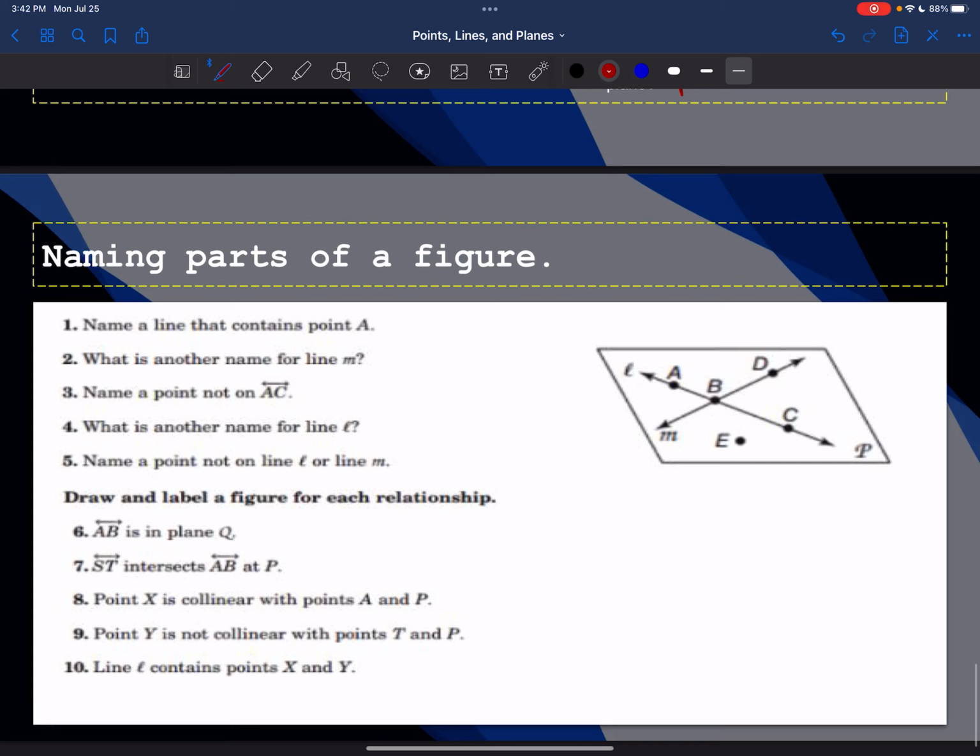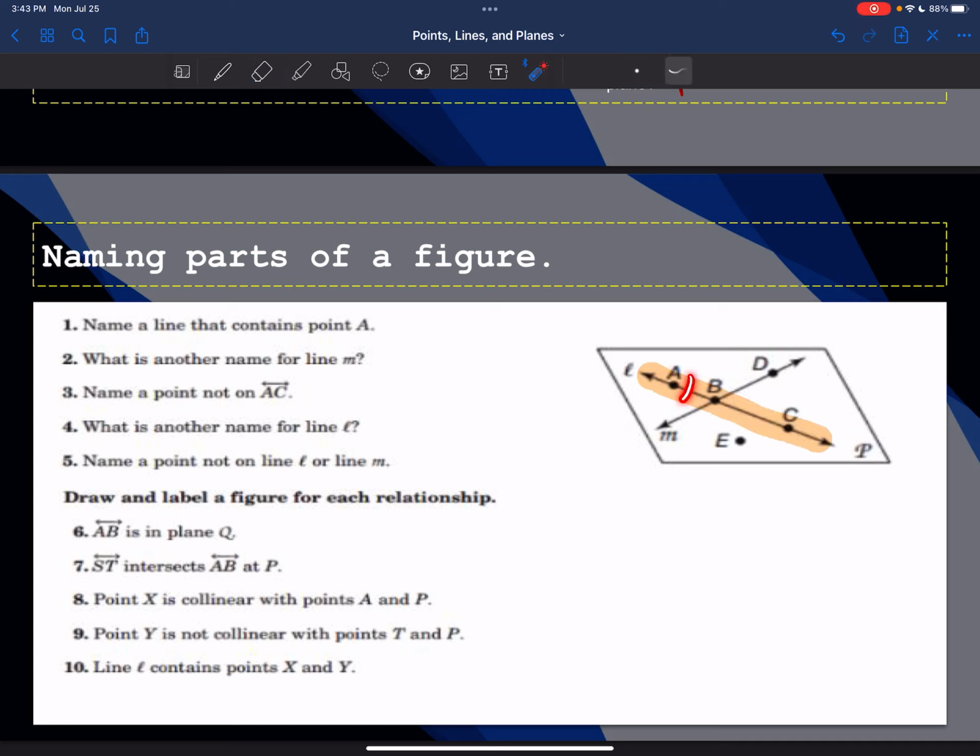All right, last part of the video, let's go ahead and start naming things. We're gonna practice naming things. We have a figure on the right. It says name a line that contains point A. So looking at the figure on the right, let's go find point A. Point A is right here